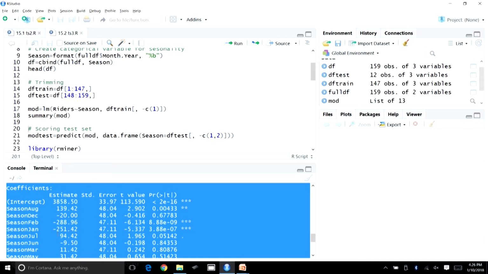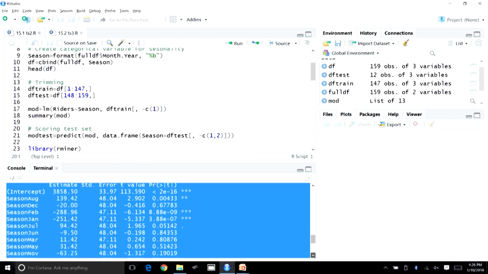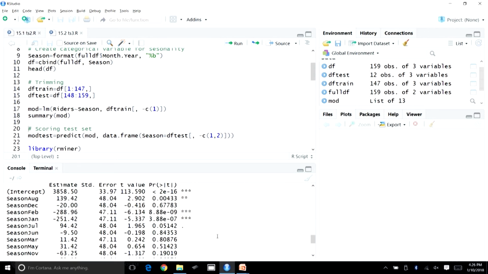So, if we look at the estimated coefficients here, for August it is 139. So, for August, which is significant, the values are on an average higher by 139.